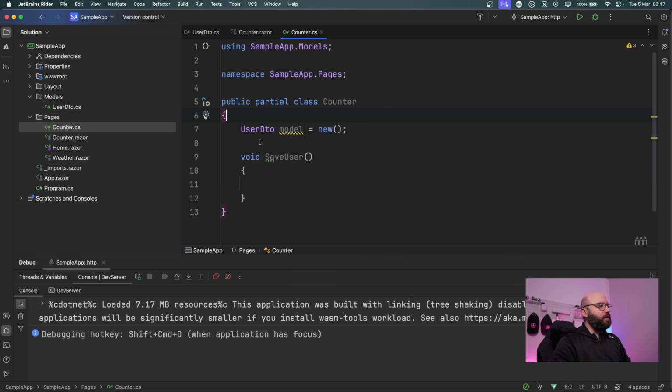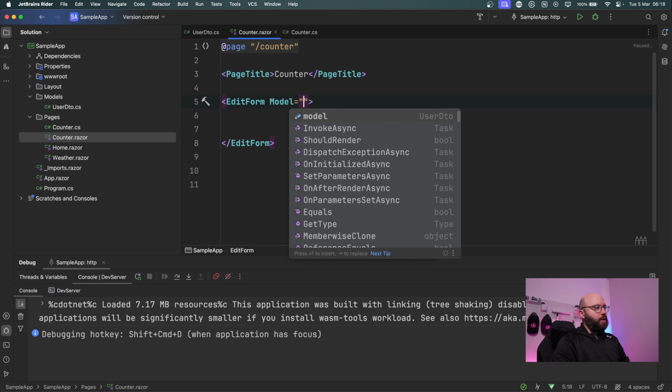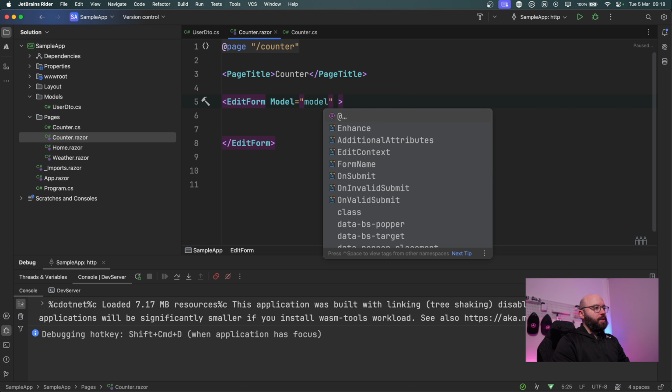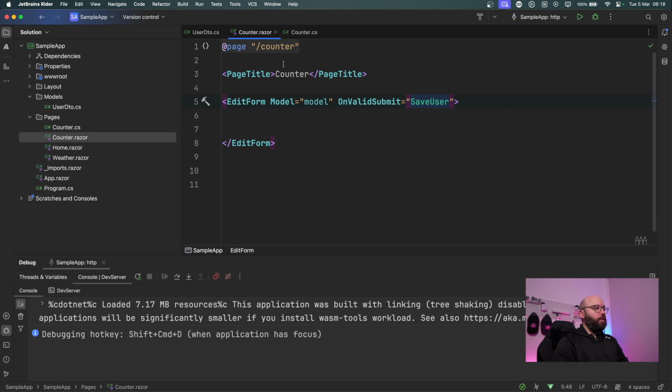Now that I have my function and my model, inside my Counter.razor I'm going to specify the model that I'm going to be utilizing, which is going to be model, and I'm going to specify OnValidSubmit, it's going to be my SaveUser. Okay, perfect. Now that I have done the basic structure of my EditForm,